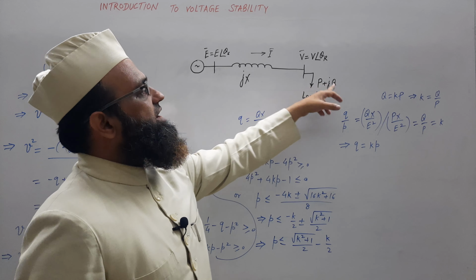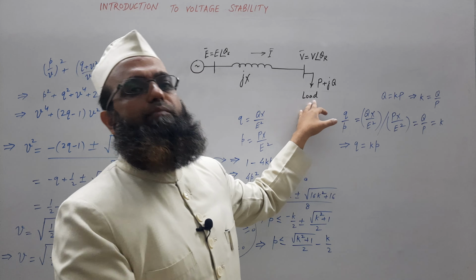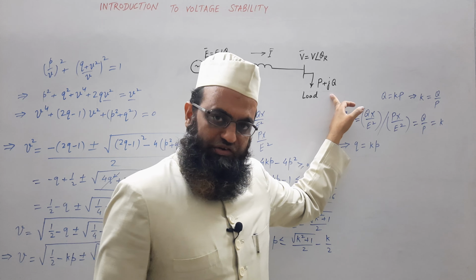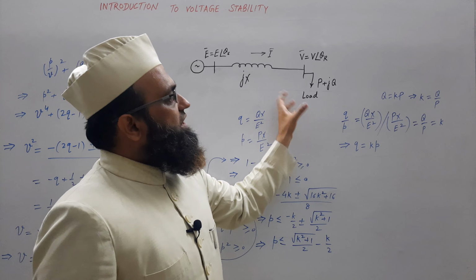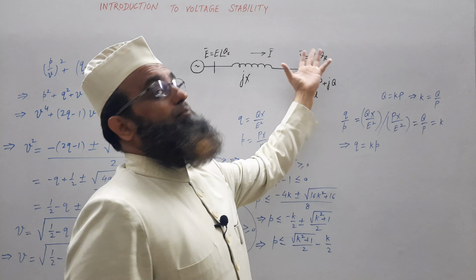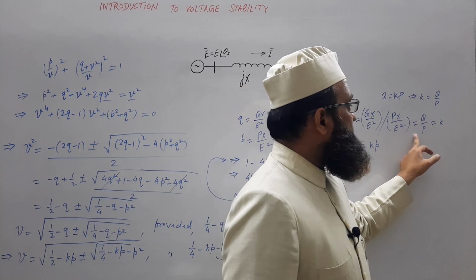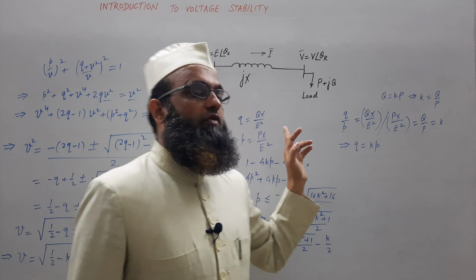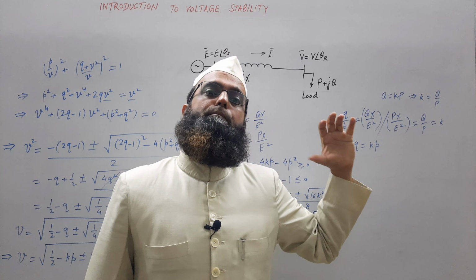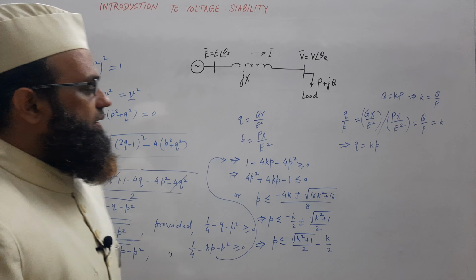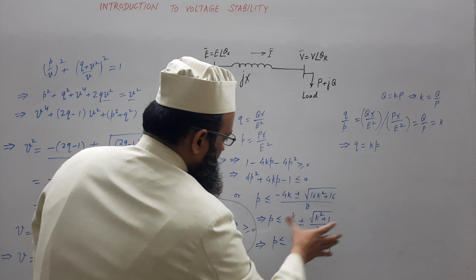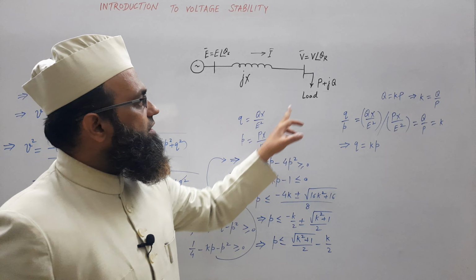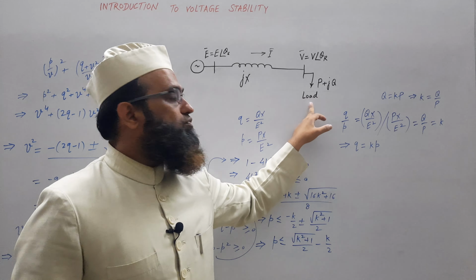If instead of consuming reactive power, load is supplying reactive power, some capacitive type of load, it means Q will be negative. In our sign convention, it means load is consuming active power but supplying reactive power. In that case, Q will be negative, it means ratio will be negative, it means K will be negative. Whatever values of K you are getting for various types of load at a particular bus of power system, you can get corresponding limit of P. P is nothing but per unit value of active power consumed by load.